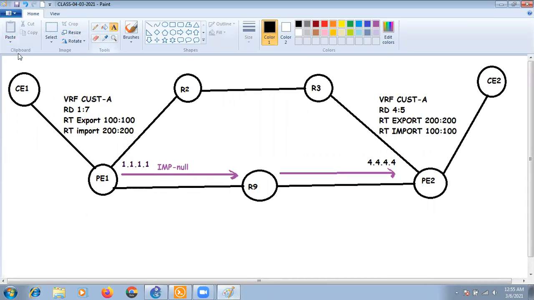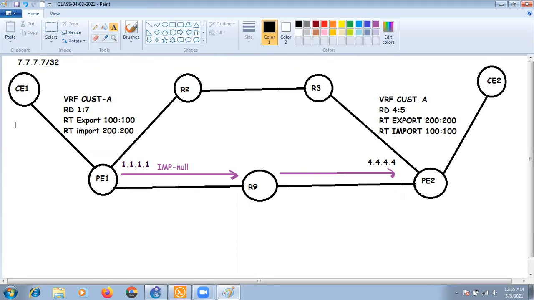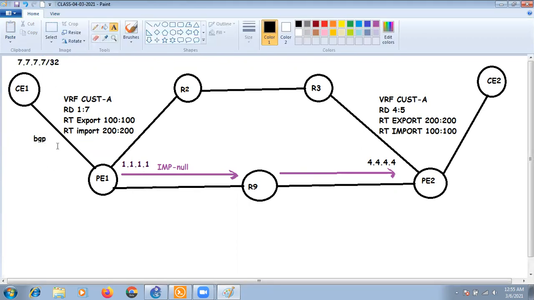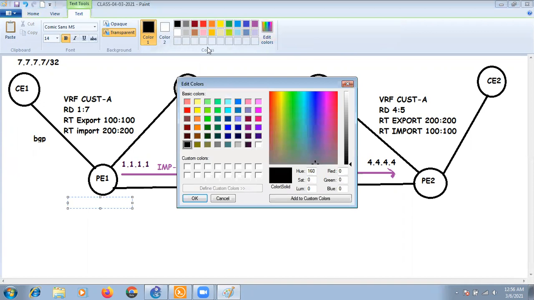So from here we advertise the subnet, or the prefix, 7.7.7.7/32. Because we are running BGP here, we do not need any redistribution. So PE1 is going to receive 7.7.7.7 into BGP, and because we are running the VRF Customer A on the interface which is going to CE1, the VPNv4 prefix is going to be generated, right?